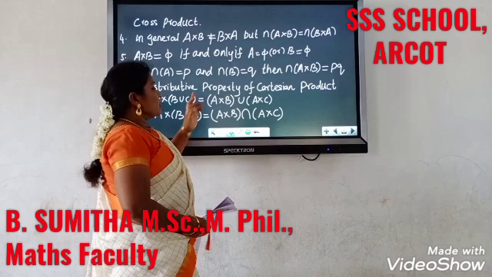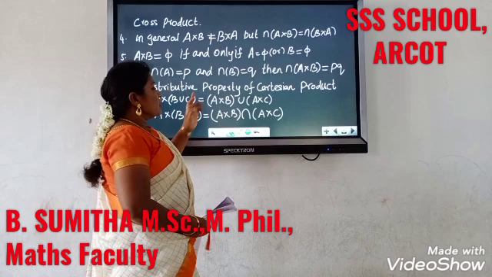And the third question is, we have to show that n of A cross B is equal to n of B cross A, equal to n of A times n of B. From the equations, we know the value of set A. The set A has the values 1, 3, 5. Therefore, n of A equal to 3, as the set A contains 3 elements, and the set B contains 2 elements, so n of B equal to 2. And from equations 1 and 2, we get n of A cross B equal to 6 and n of B cross A equal to 6.